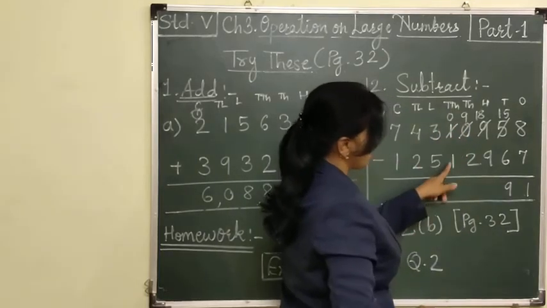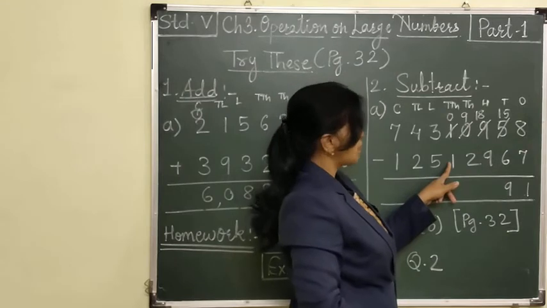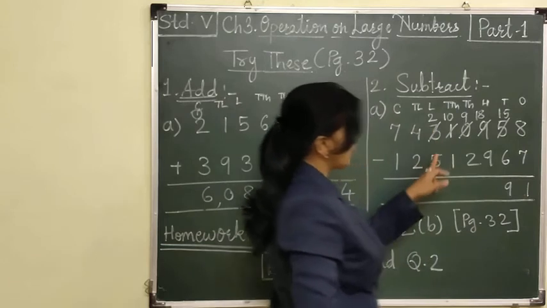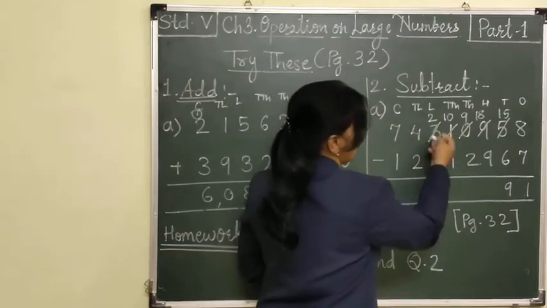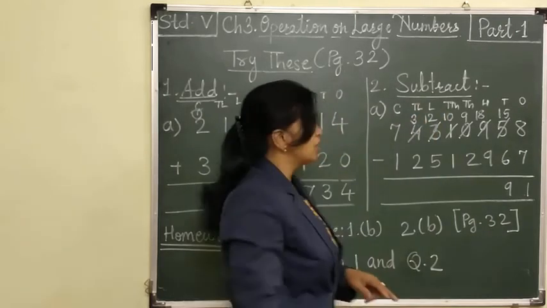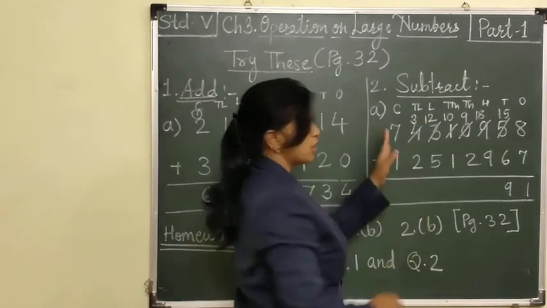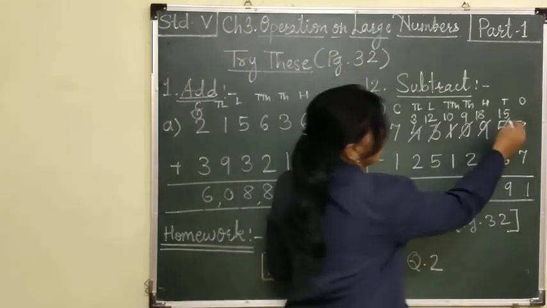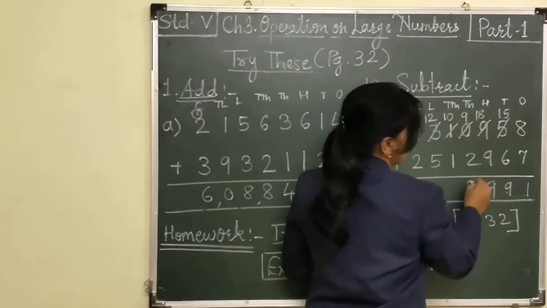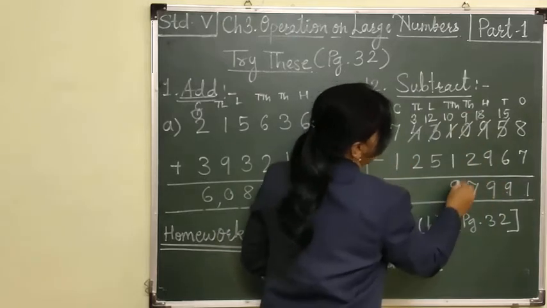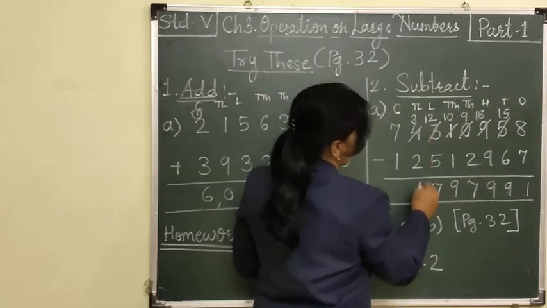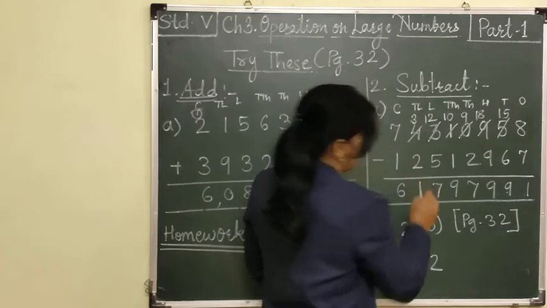Again from this 0 we are not able to subtract 1, so this will become 10 and this 3 will become 2. From 2, can we subtract 5? No. Again you borrow from 4, so it will become 12, and this 4 will become less by 1, that is 3. From 3 we can subtract 2, so here we will stop borrowing. So 15 minus 6, 9. 18 minus 9, 9. 9 minus 2, 7. 10 minus 1, 9. 12 minus 5, 7. 3 minus 2, 1. And 7 minus 1, 6.